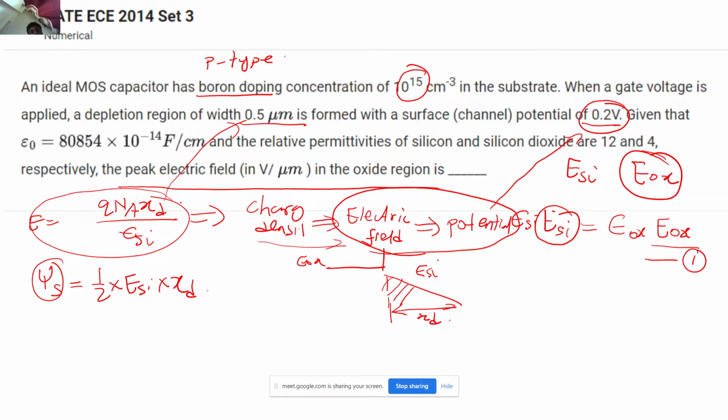See, even the first approach is correct. I am just going through the second approach because I have calculated values with me, and I don't want to give any wrong answer. So the person who told me to use the first approach, even he will get an absolutely correct answer, correct? So now the surface potential is given to me as 0.2, correct? Half is there, and coming to ESI now.